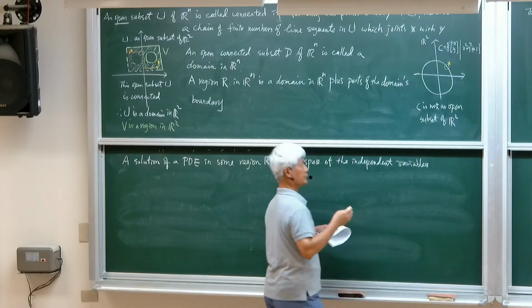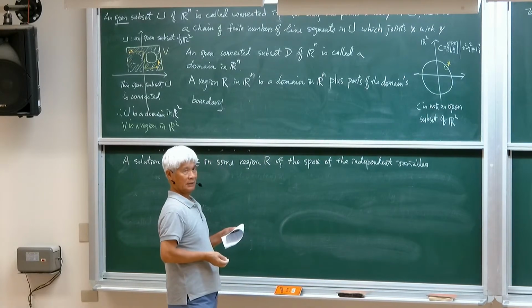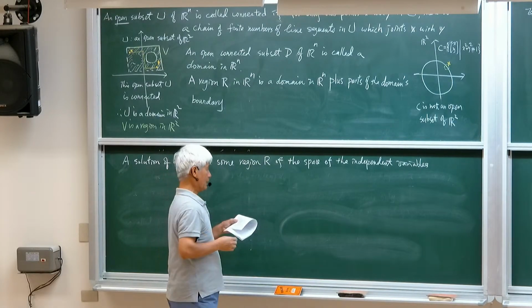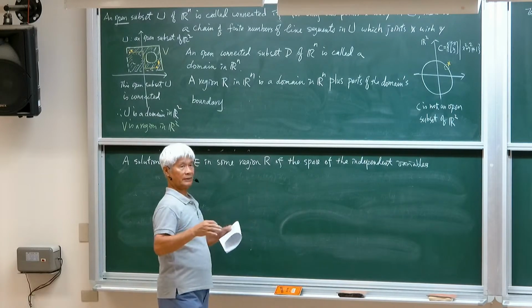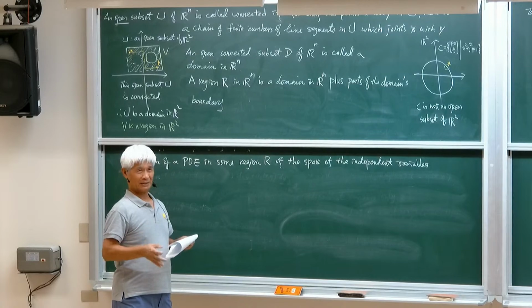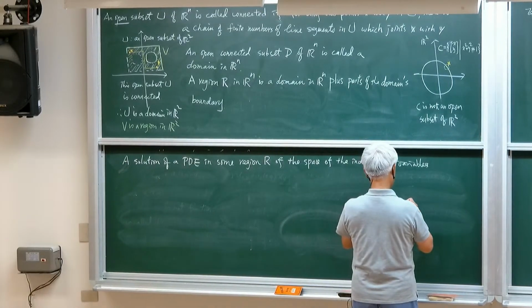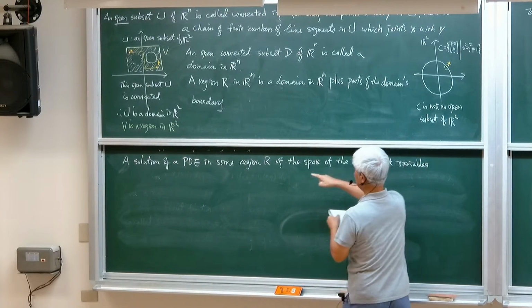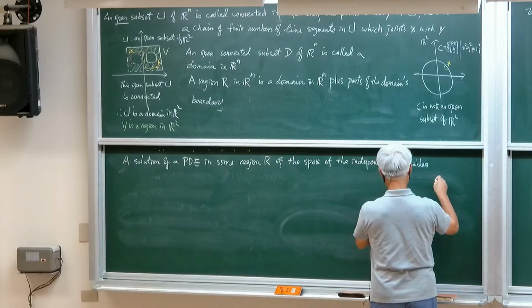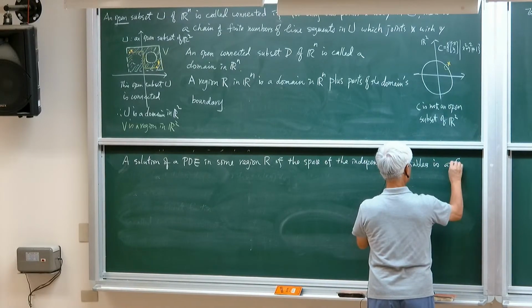If there are two independent variables, then the space will be two-dimensional, so that will be a plane. But if there are three independent variables, then we're considering the three-dimensional Euclidean space. So a solution in some region of the space of independent variables is a function